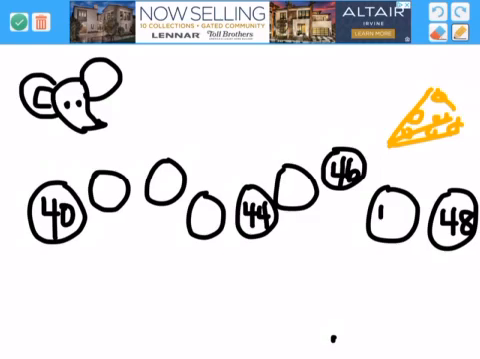So I notice that, oops, my mouse is missing. There we go. I notice that my number starts at 40, and I see I have a 44, a 46, a 48. So I'm going to count up by ones. Okay, so after 40 comes